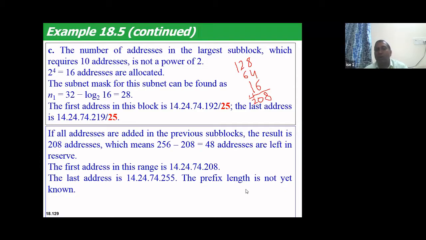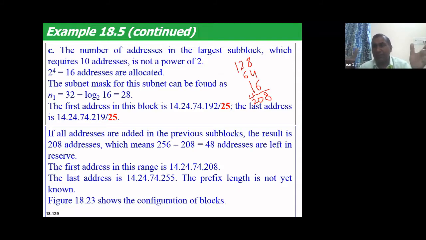So this is how we will design a subnetwork. Any organization, it can be a big organization, say ABC Corporation, has requested a bulk of network addresses. Now this corporation has 3 offices. It wants to assign 160 addresses to one office, 60 addresses to another office, and another office is very small, 10 addresses. But then the subnetwork has to be designed properly. So this is a design question actually.